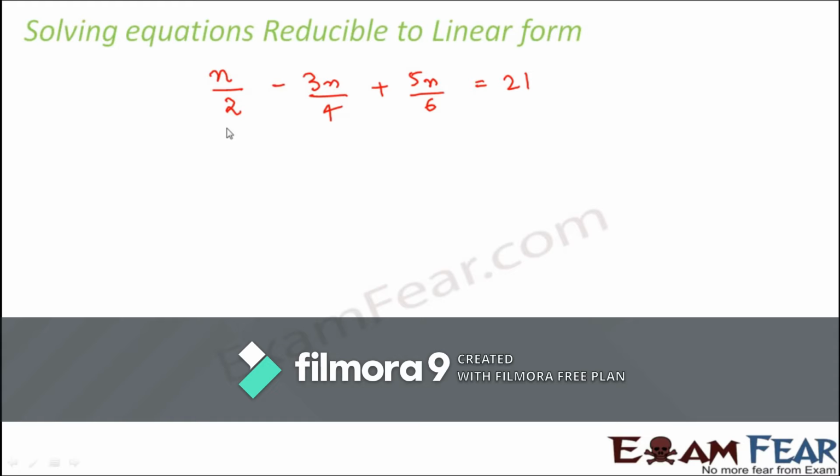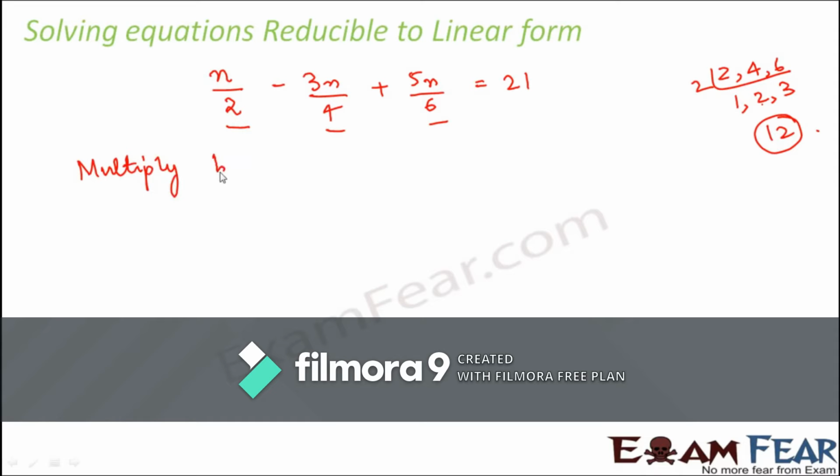So in that case what we do? We have to find out the LCM of the denominators. So here the denominators are 2, 4, 6. So this is how we find out the LCM, and the LCM comes out to be 12. 2 2s are 4, 4 3s are 12. So now multiply both sides by 12. So our next step is multiply both sides